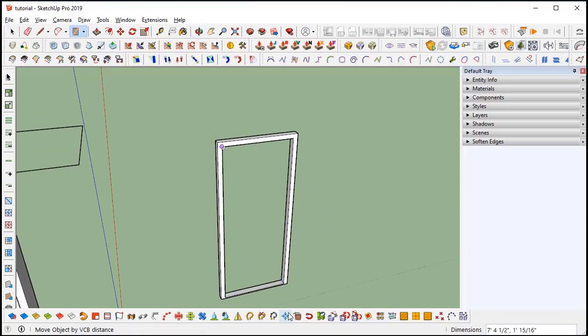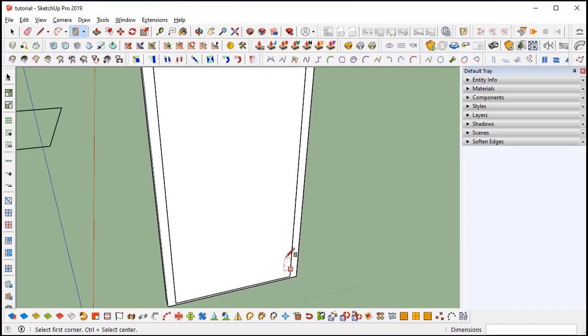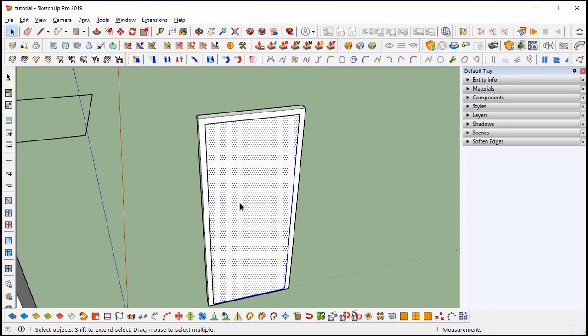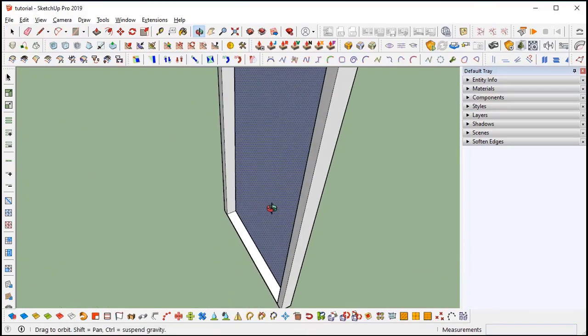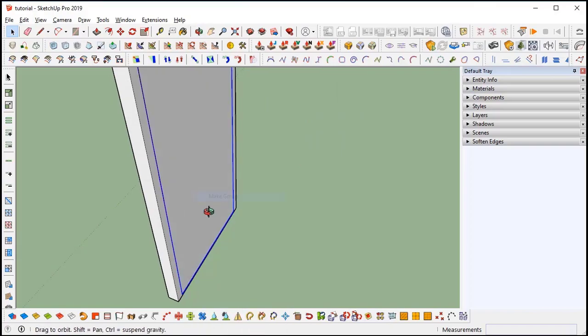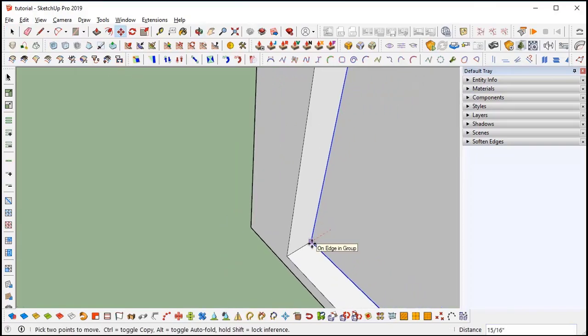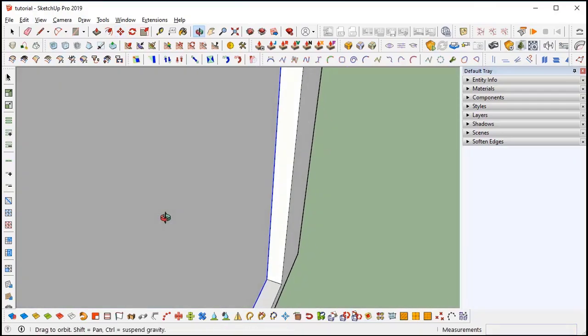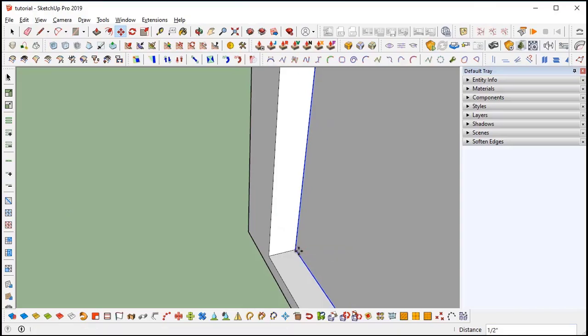Now I am going to create one more rectangle to make a door. And I will push pull it to 1 inch, double click it and make it a group. Move it to 0.5 inch, then maybe it's not far enough, so one more half inch.